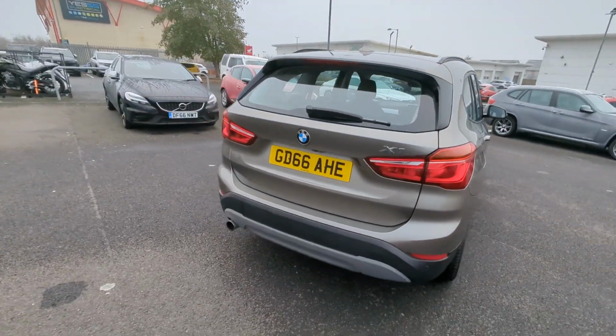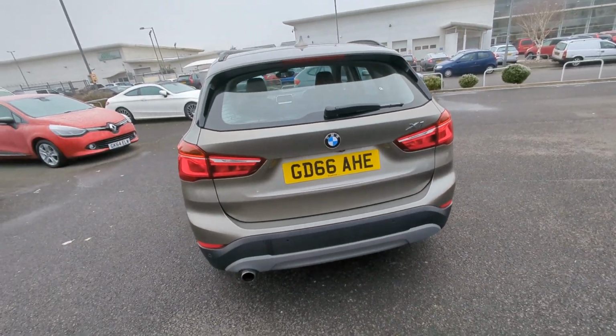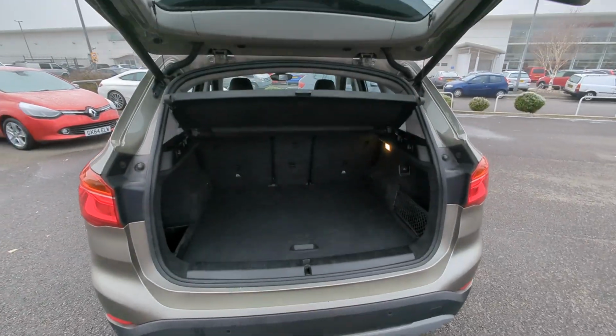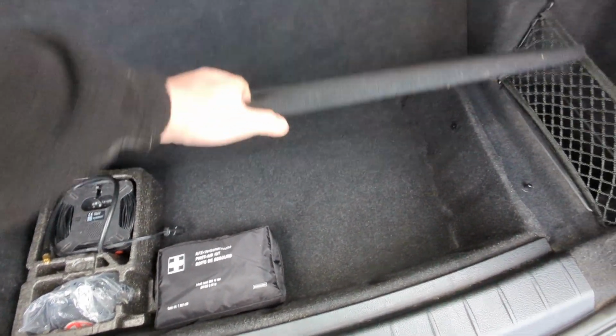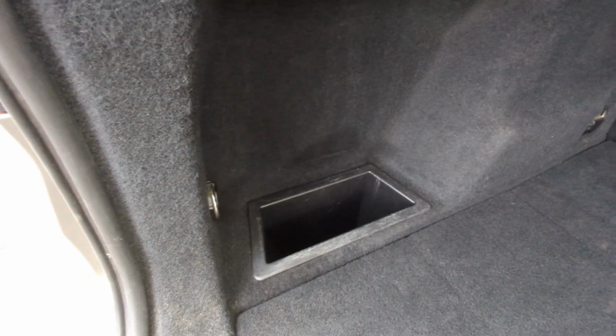So while we're at the back of the vehicle here guys, I will show you that key entry tailgate. Push of a button, tailgate will open. As we go inside, we'll find your tri-folding floor with extra storage underneath, spare wheel kit, first aid kit there. We've got your pockets to the right and a pocket to the left, 12-volt battery,